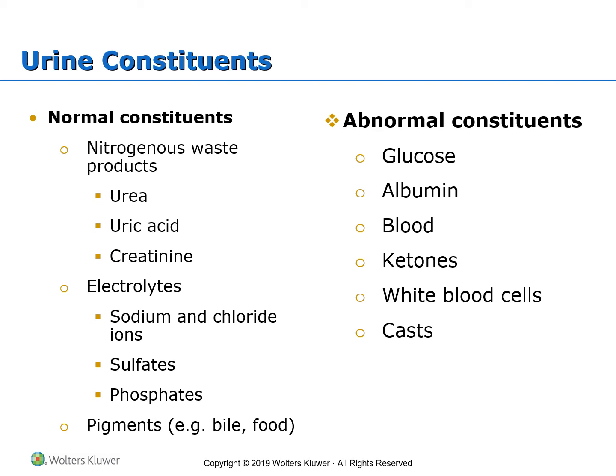It's not something that we see as red, but we can identify it when we are analyzing the urine through a microscope, and that's the presence of red blood cells